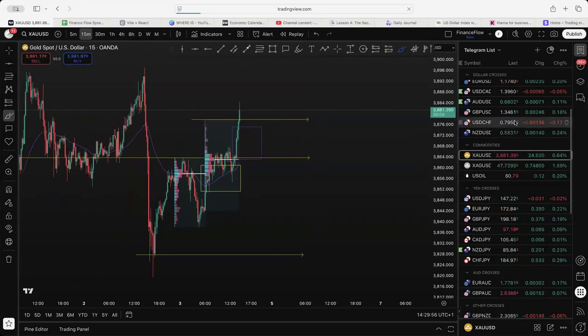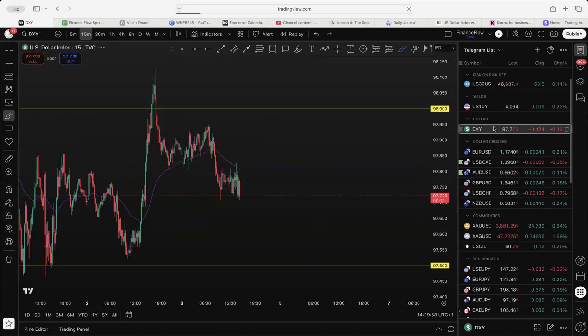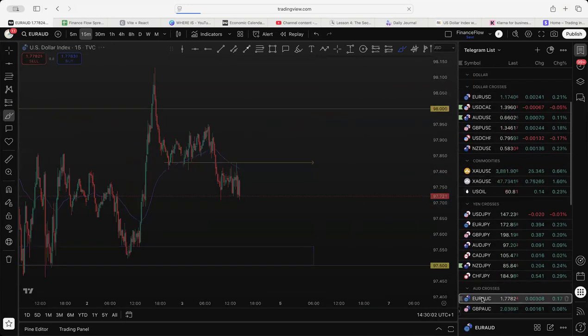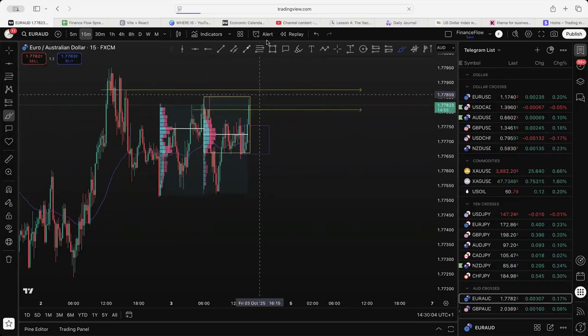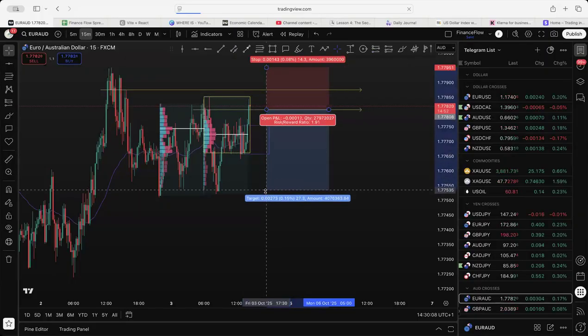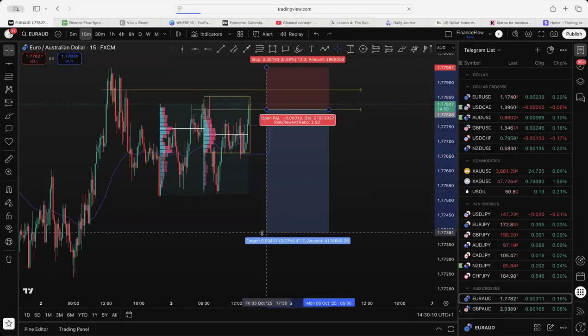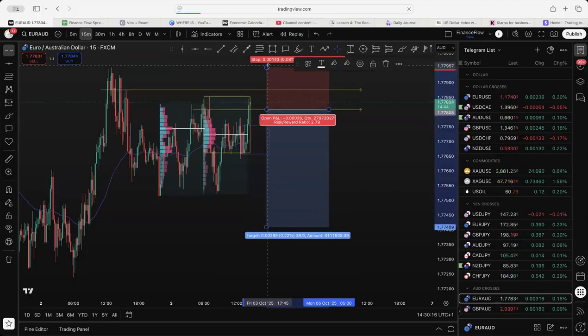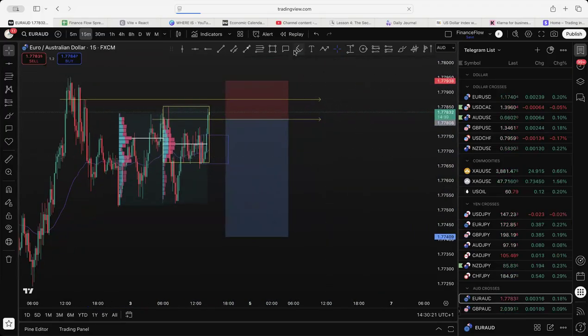So gold still pumping, very, very nice. Dollar, yeah, it's starting to crumble a bit. So I'm going to give Euro AUD as my third option here. From here, taking it just down to here, potentially pushing it a little bit further. Let's go for 40 pips. Not pushing too much, but something like this. So we want to see this move here happen, yeah?